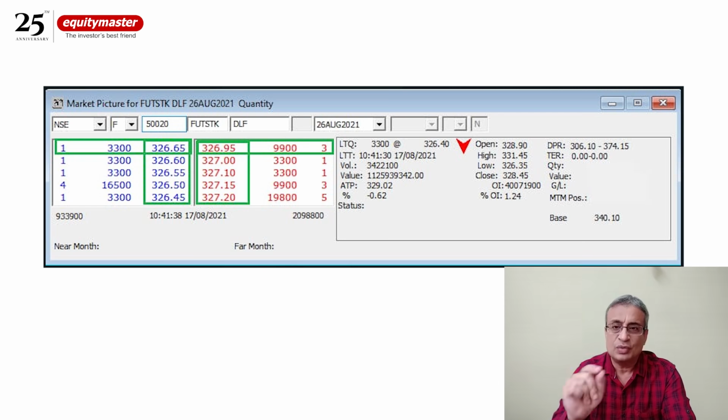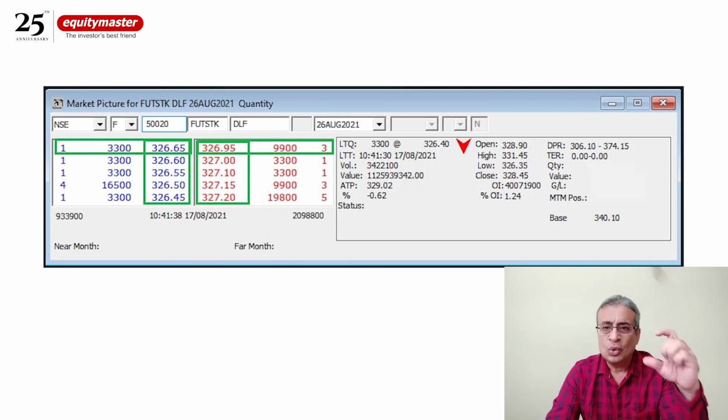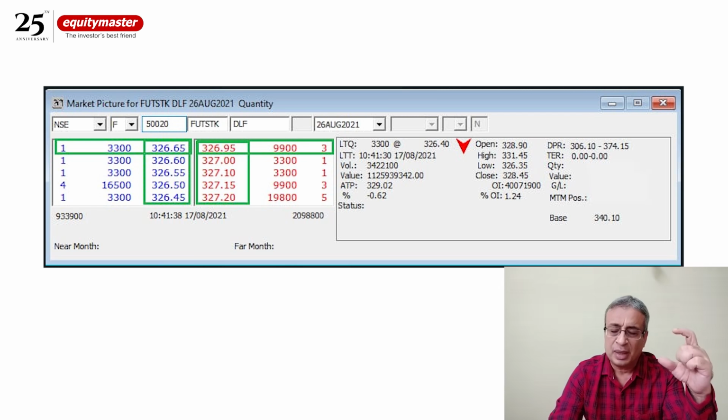Now this data you will not find on Google. Alright, I'm sharing my personal secret hack with you. Then there are other spreads like the vertical spread. Note how the price differs from the top buyer to buyer number 5. Let's call it B1, B2, B3, B4 and B5. Buyer number 1, 2, 3, 4, 5.